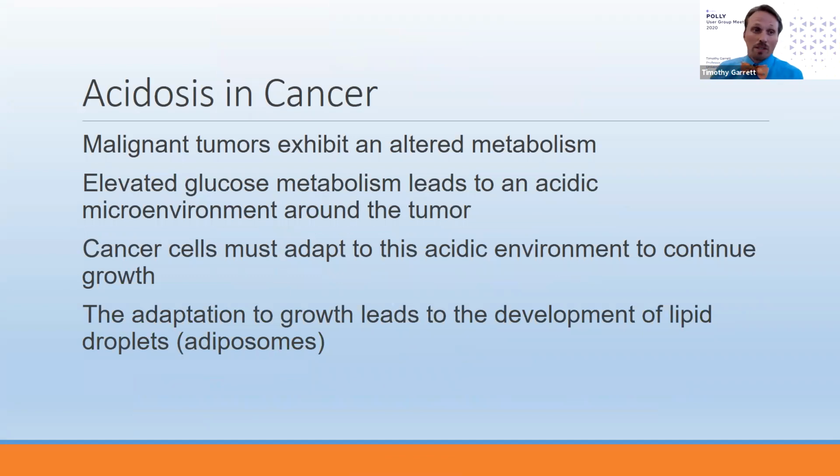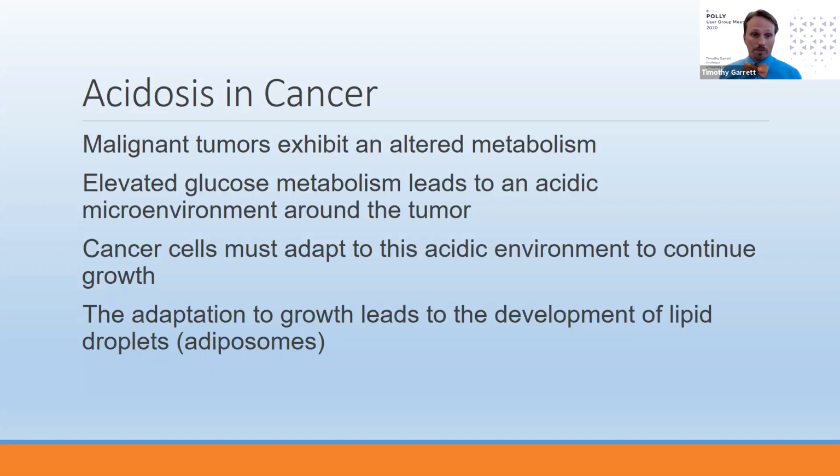Acidosis in cancer is a key area of study. We know that malignant tumors exhibit an altered metabolism. Part of that metabolism, of course, is related to how they utilize glucose. The increased glucose metabolism leads to an acidic microenvironment around tumors. It's also known that cancer cells have to use this environment and adapt to it to continue to grow and